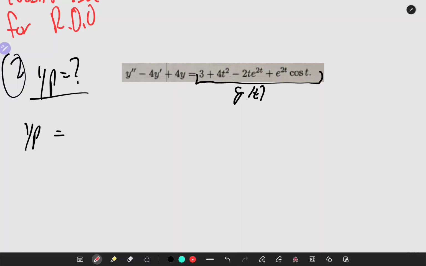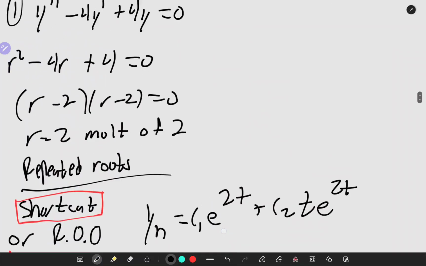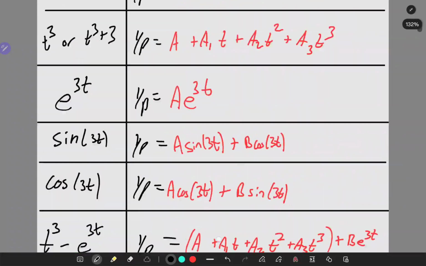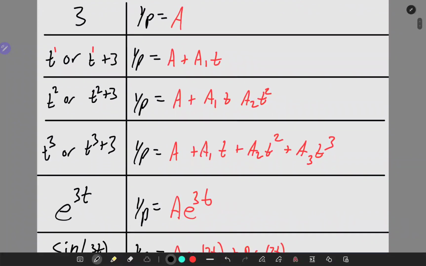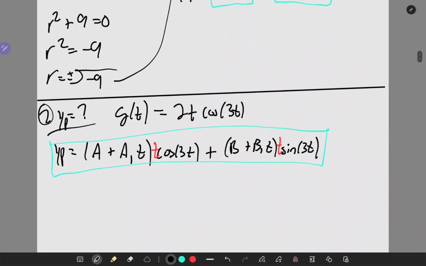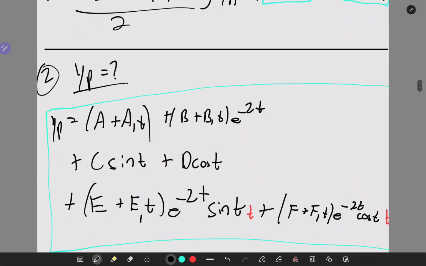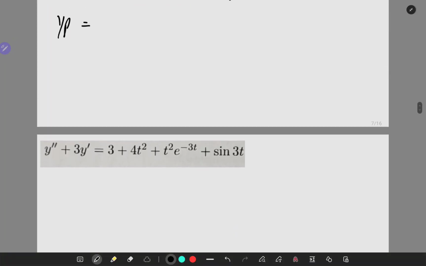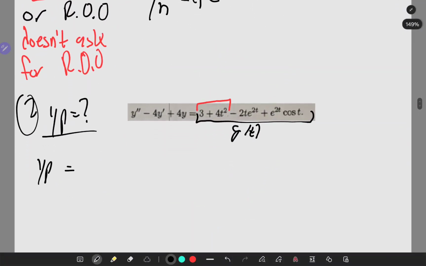But typically a 3 by itself would be an a, but if you notice, this whole thing, if you remember, or t squared plus 3 would also be a second degree polynomial. So in this case, we can group the two together. So this by itself, sorry, second degree, because we have t squared, right? So that's a